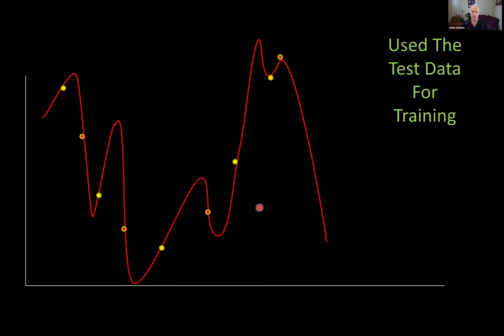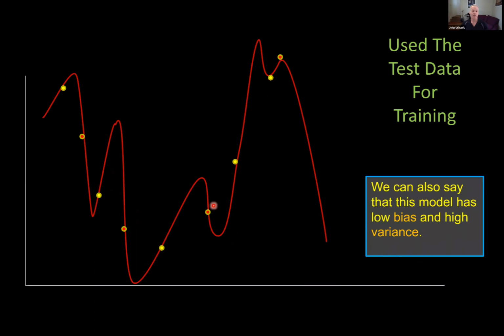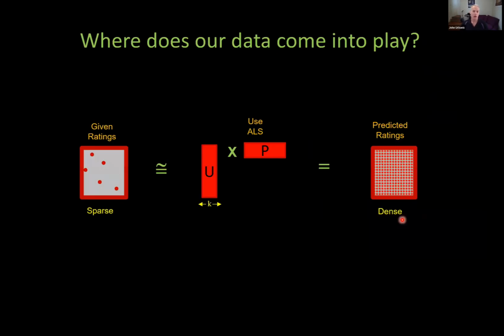By the way, another way that this can be expressed is with these similar concepts. We can also say that this model here, this bad one that doesn't generalize well, has a very low bias, so it fits the data well. That's a low bias, but a very high variance because it doesn't generalize well. So those are two other common terms that you'll see to express the same concept, and it's getting at the same idea.